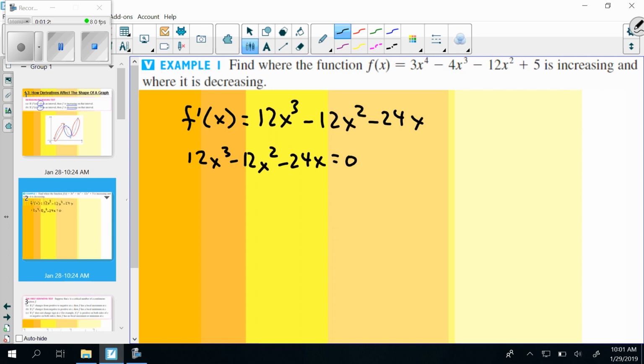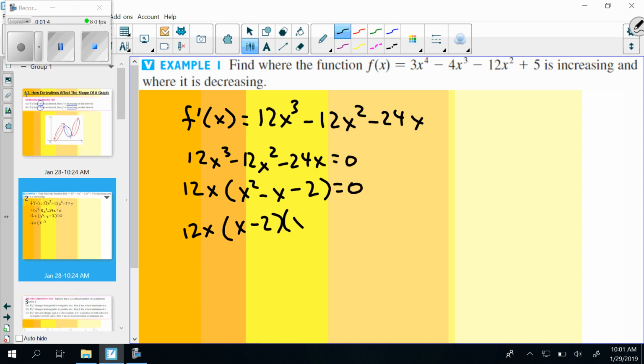So here it appears we can do some factoring. Let's factor out the greatest common factor of 12x. That would leave x squared minus x minus 2. Doing a little bit more factoring here, factors of x minus 2 and x plus 1. And now setting all those equal to 0, we would get 0, 2, and negative 1. So those are the places where this possibly changes direction, where the derivative equals 0, are critical